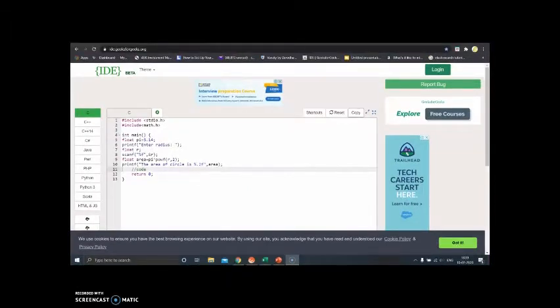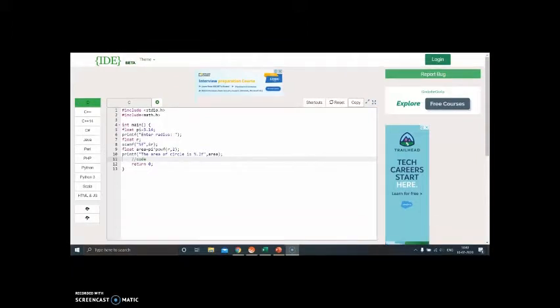So here I am on IDE geeks.org and I've already typed the code, and we're going to understand it now. We start with #include <stdio.h>, then we include the math.h library. If you don't know what the math.h library is, I've already uploaded a video on it in which I've explained every single thing in detail.